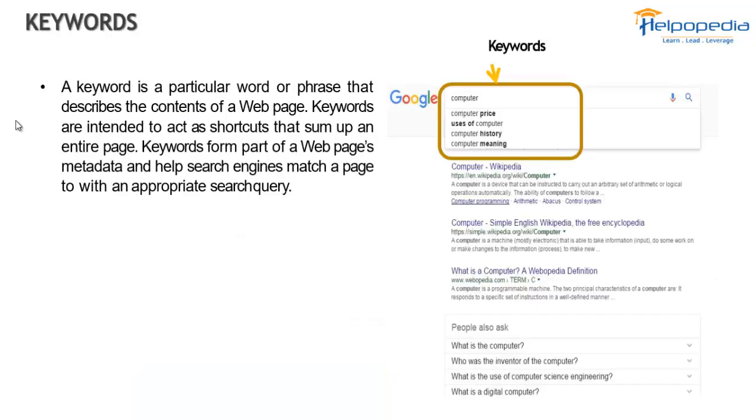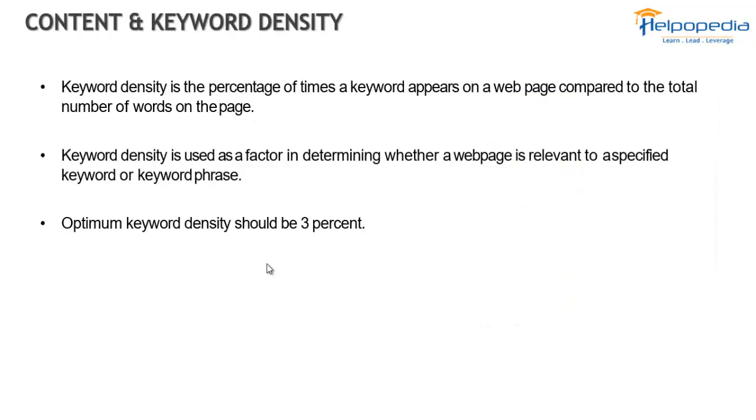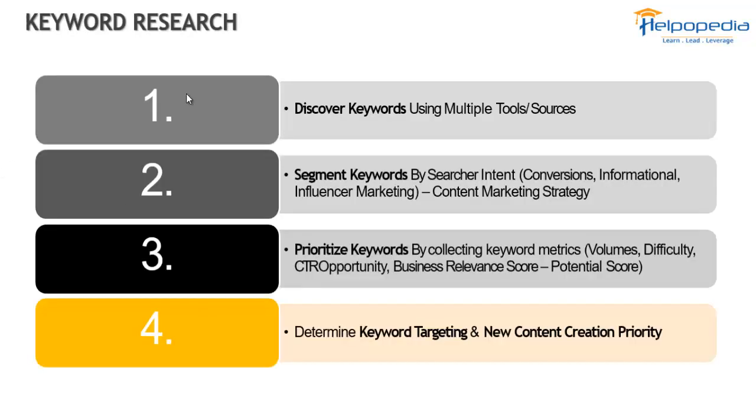Then yes, keyword usage, we have already seen how to use the keywords, what keyword research is, and how we need to search from Google Keyword Planner. Those are all things we need to do. And then keyword density, so content and keyword density. Like I have said, 3% of the content should be your keywords. Then keyword research, there are various tools available, but over here we are using Google Keyword Planner. These are all the things that we need to know.